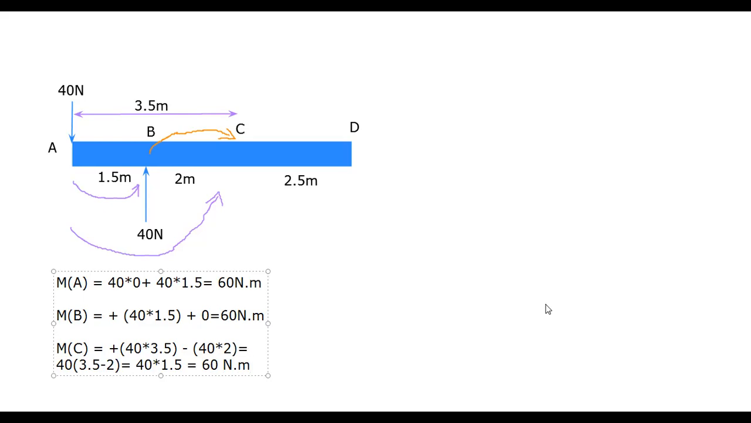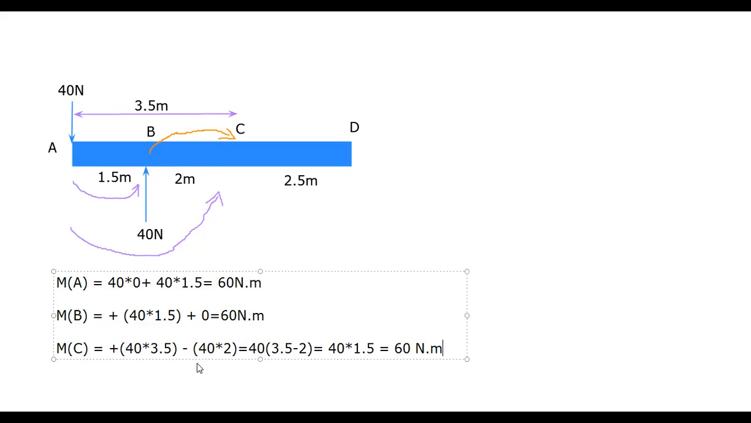At the end we will get the same answer. Okay, we have taken the 40 common here. This is simple arithmetic calculation. After taking the 40 common, we will have 3.5 minus 2, which is again equal to 1.5. So 40 multiplied by 1.5, 60 Newton meter. Okay. Now after that,